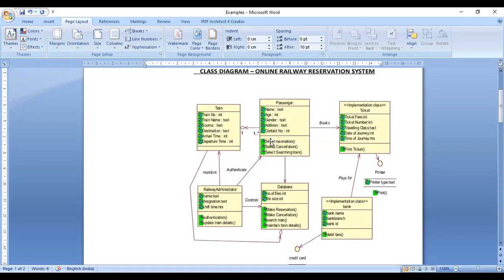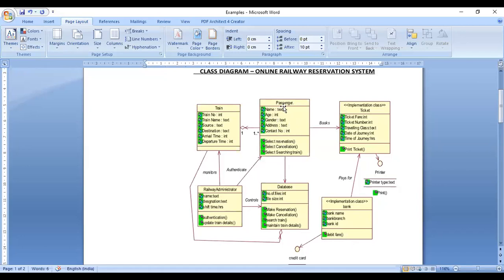After that, there are three different functions for a passenger, three separate operations. What is the first one? Reservation. A passenger may go for a reservation, or he may choose cancellation of a ticket, or the third function, he may search for trains. This is the complete information about a passenger.